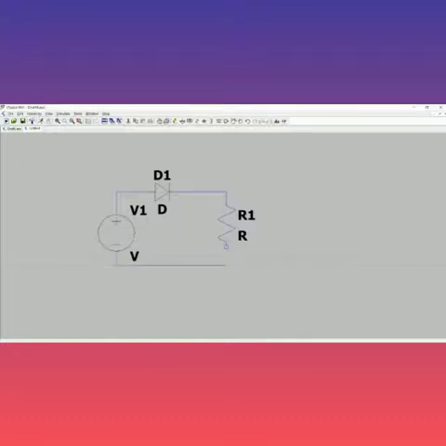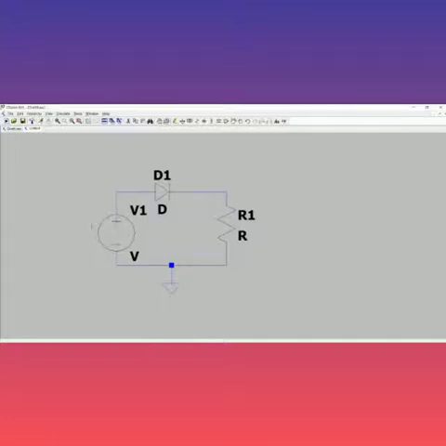Now all the connections are over. Now I have to give the connection for my ground. Click here. Now you can see your ground symbol is there. Take the ground and place it here. Finish. So this is my connection for the negative clipper. After doing this, this will be the first step.